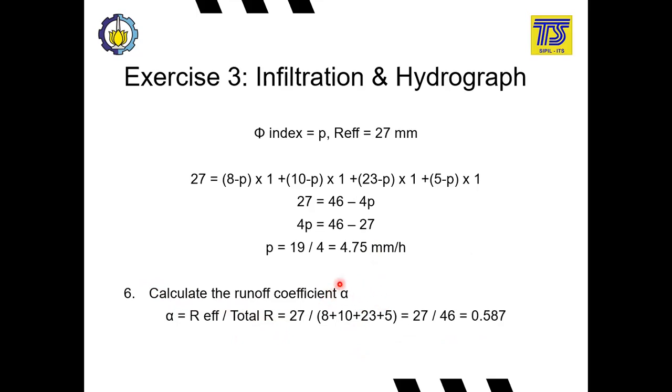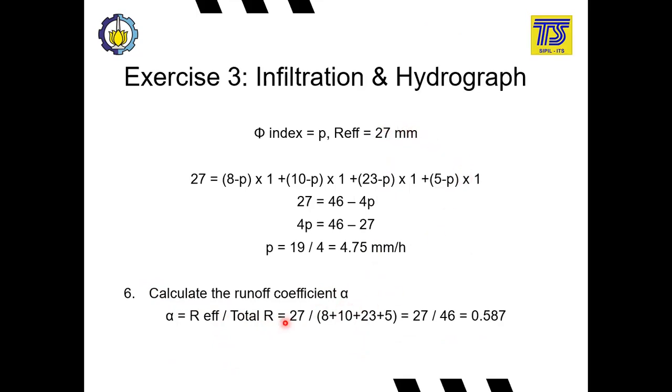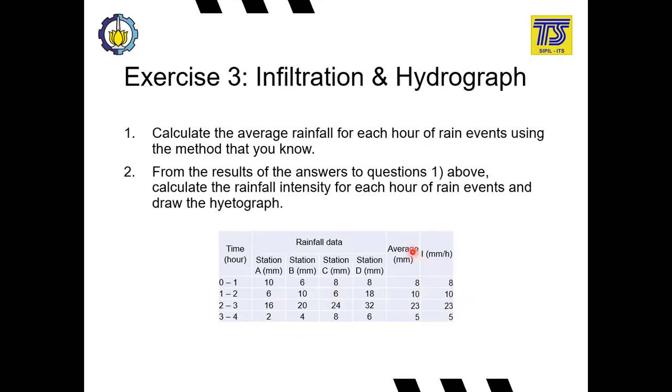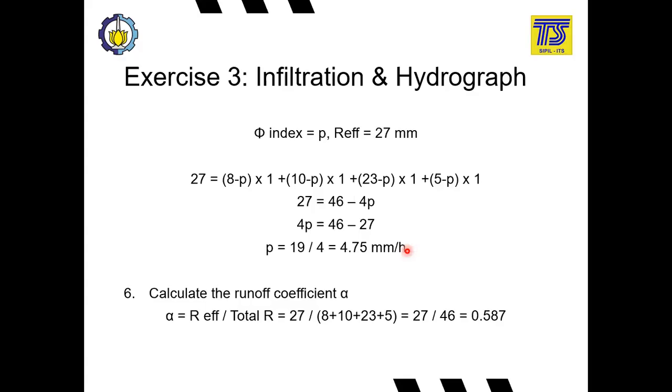To calculate the runoff coefficient alpha, we have to look for the ratio between the effective rainfall and the total rainfall. For the effective rainfall, we already calculated it on the previous problem, like 27 millimeters. And for the total rainfall, we have to sum it from the total of the average rainfall. Here, from this table, we have the average of the rainfall data, and then we have to sum it to become the total of the rainfall. So we got the runoff coefficient alpha equal to